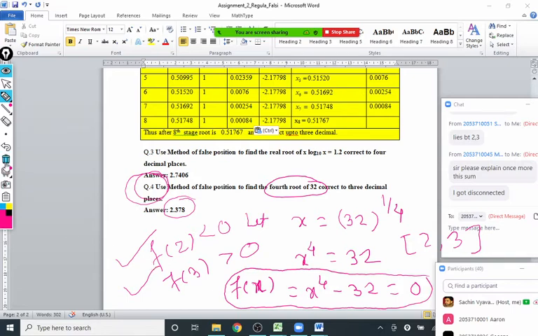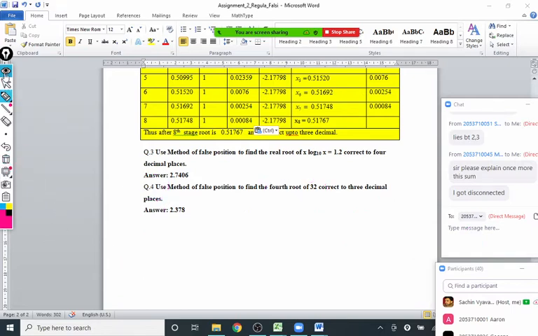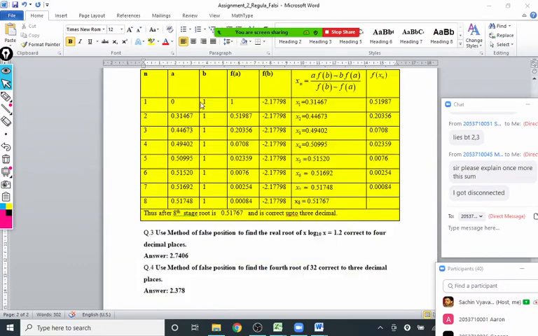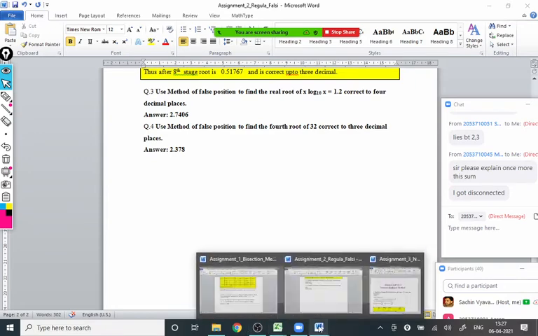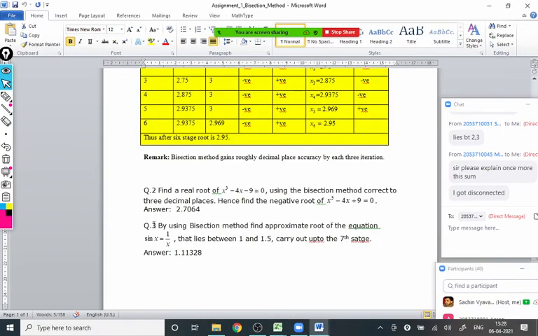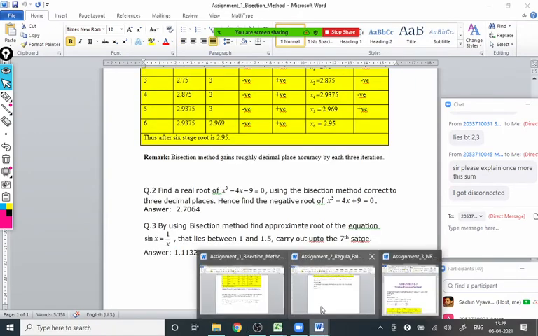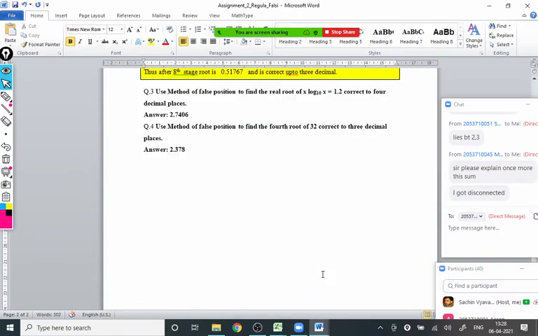Okay, so that is about your assignments for tomorrow. Here I'm expecting that I will change this again. Of this, questions 3 and 4 only you have to solve, because the others are already solved. And from assignment 1, questions 2 and 3. So I will show you. Assignment 1, questions 2 and 3 you have to do. Assignment 2, questions 3 and 4. So these 4 questions you have to do tomorrow.